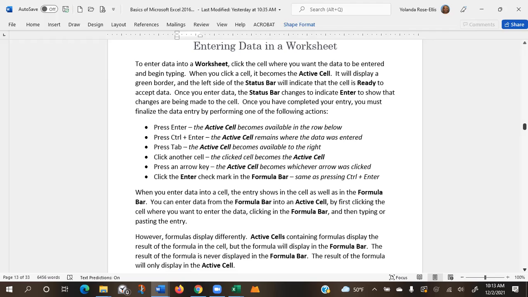We started this yesterday, right? Entering data in a worksheet. And we talked about when you complete your entry, you have to finalize. And there are different ways to finalize. When you press enter, the active cell,